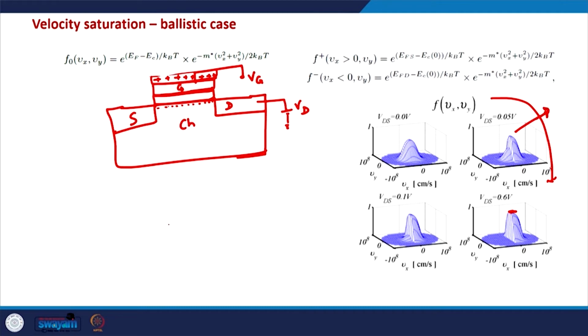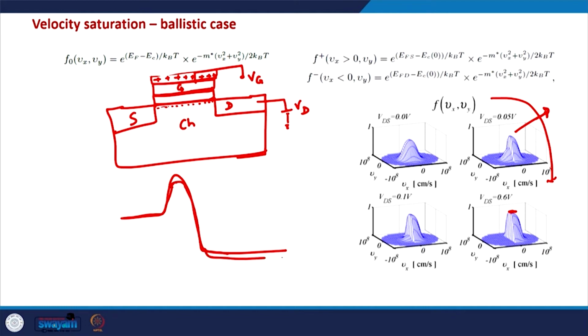And in order to compensate for this reduced charge in the channel, because this charge depends only on the gate charge, there should be a mechanism from where some extra charge should come. So the number of positive velocity electrons is increased in the channel by reducing the barrier. So initially if the barrier is like this, if the barrier in the MOSFET looks like this, the barrier is reduced slightly